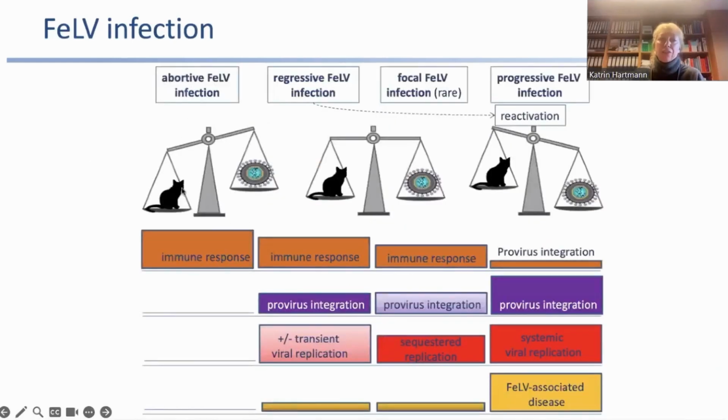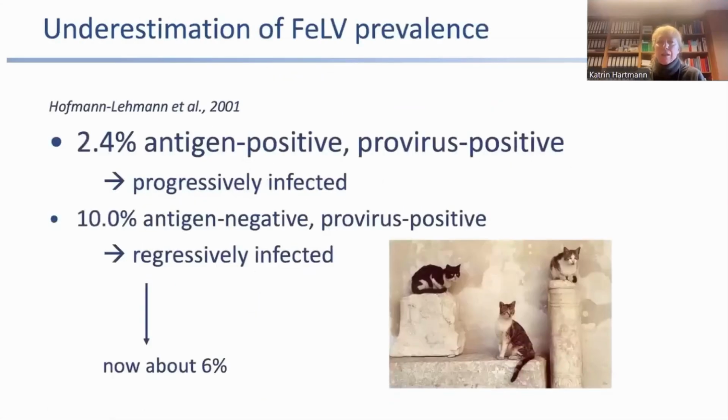So again, here you see abortive infection, regressive, focal, and progressive. Progressive infection is the one in which we have a low immune response. We have provirus integration, lots of systemic viral replication, and usually FeLV-associated diseases. While in abortive FeLV infection, we only see the immune response. So this means when we only look for antigen, FeLV antigen, and this is what we do with our in-house tests, then we underestimate